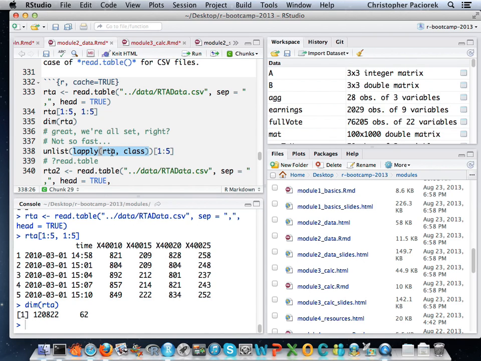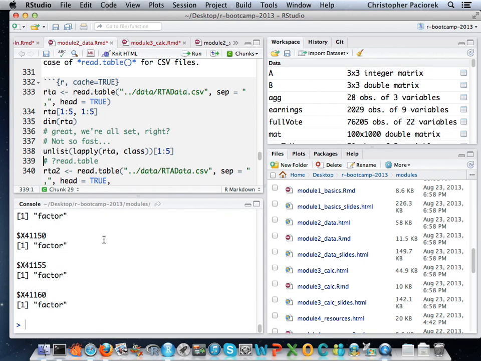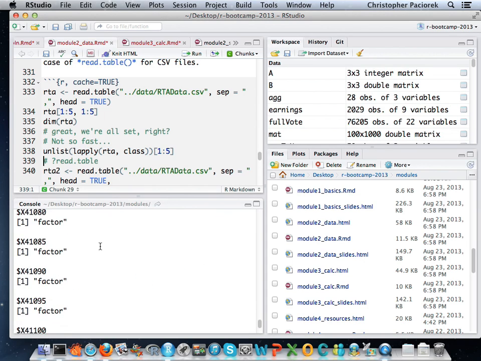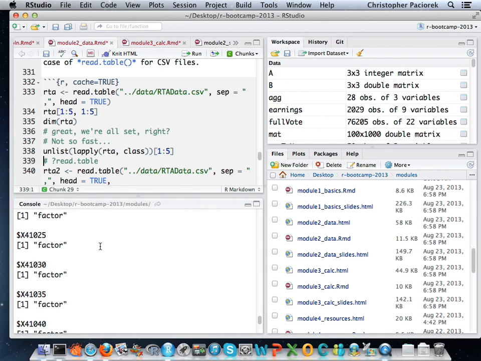So remember, a data frame is also a list. If I do an lapply to a data frame, it's going to do that operation on each of the columns, because each of the columns is the elements of the list that is the data frame. So I'm asking what class is each of the columns, just to sort of do a check. Yikes, everything's a factor. Right? It looks like numbers, but they got read in as factors, which is really probably not how I want to be analyzing timing data of cars on a freeway.